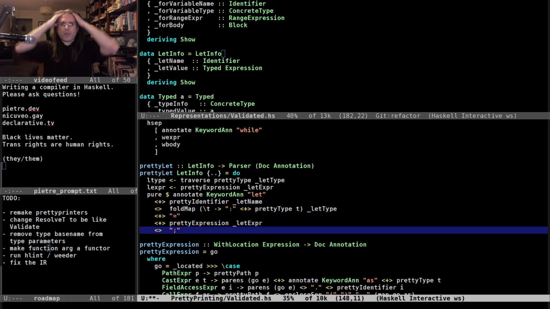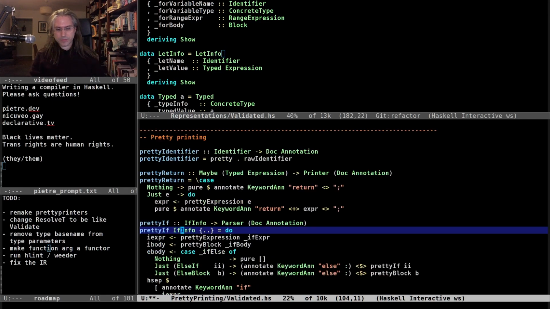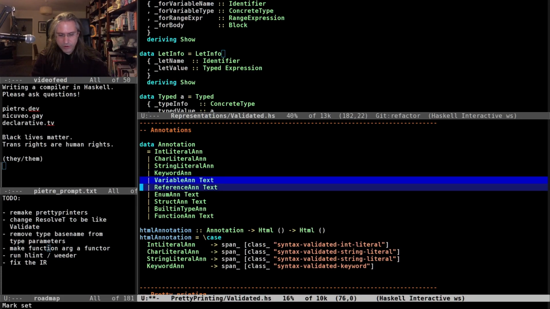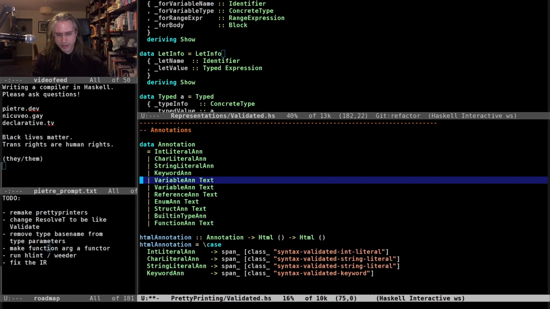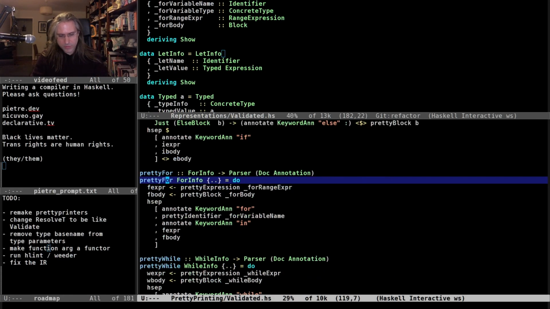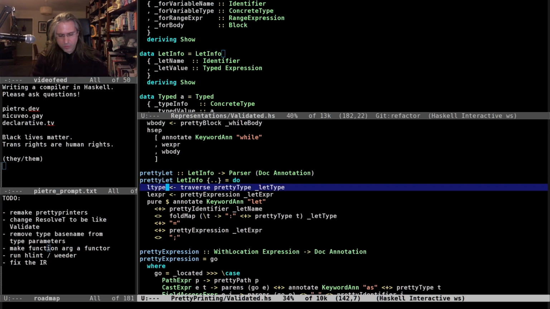Aha, this is where I'm gonna need to do another annotation. So this is not a variable, this is a variable declaration, I suppose. So this is gonna be a let annotation. Oof, I'm actually getting tired.